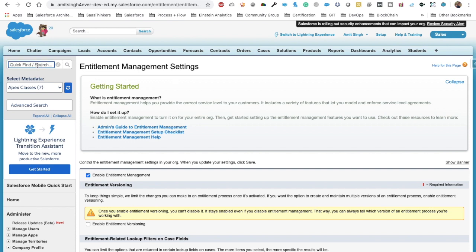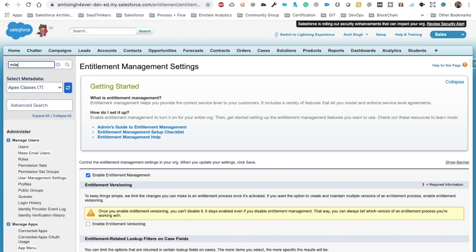For example, once a case arrives into our Salesforce environment, we want to ensure that our sales representative responds to the customer within 60 minutes based on the priority. If the priority is high, 60 minutes is the first response time, and we want to close that case within 24 hours. If the priority is medium, we want our first response to be sent to the customer within 120 minutes or 2 hours. So that's why we need to define some milestones inside our Salesforce environment.